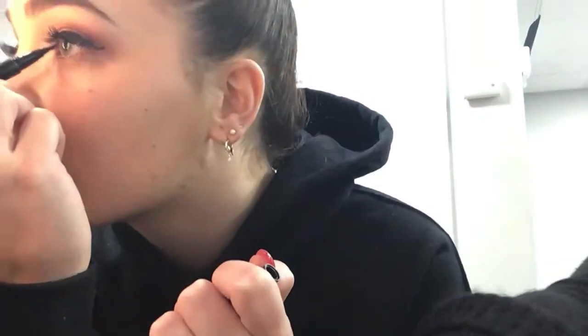So now I will go back to my eyeliner, and sometimes I put more in the inner corner of my eye to make it match the thickness of my eyelashes. So it's not like a...